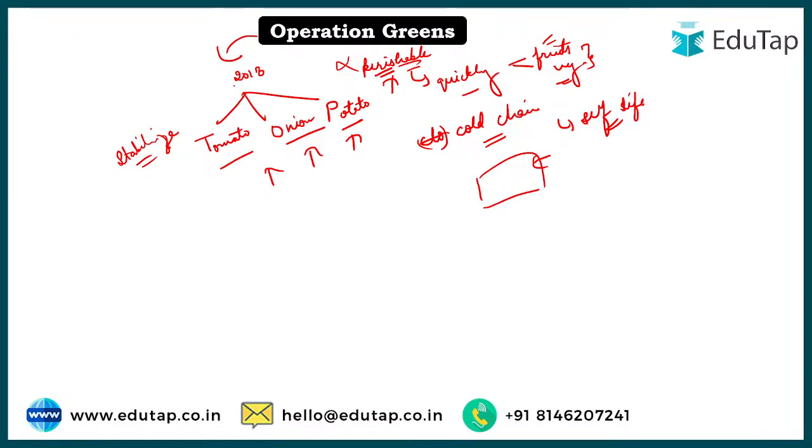Initially in 2018 it was for TOP, tomato, onion and potato, but in 2020, when our Atmanirbhar Bharat package was introduced during the COVID time,